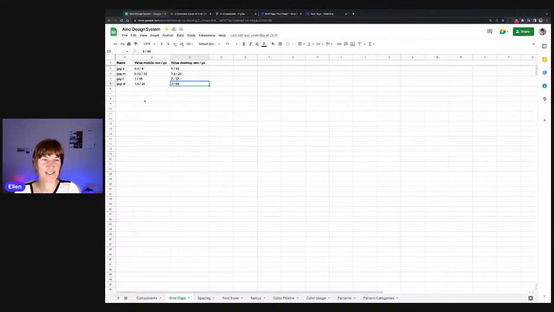So at the moment, it's just this super ugly Google Docs, but as you can see, in desktop it comes out to the small gap being 16 pixel, the medium 32 pixel and 48, and we will extend that to XS being 8 pixel and then maybe even a wider gap for some use cases, like a cool